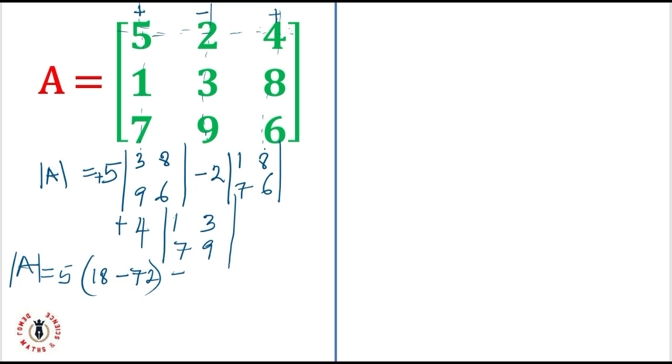Now, minus 2 into 1 times 6, that's 6, and 7 times 8, that's 56, minus 56. Plus, now I have 4 into 1 times 9, that's 9, minus 7 times 3, that's 21. What I've been doing is finding the determinant of a